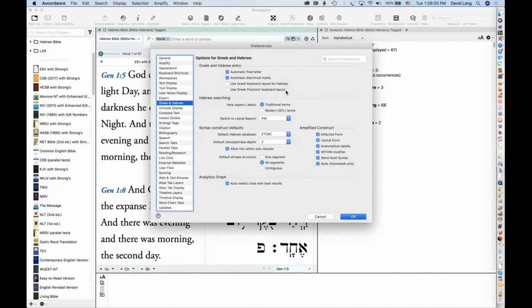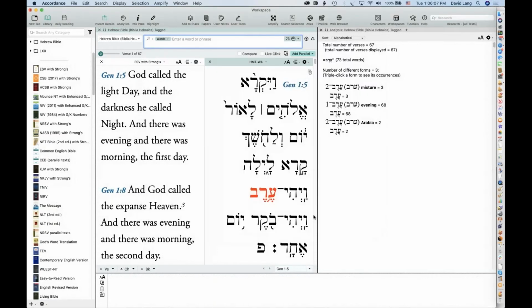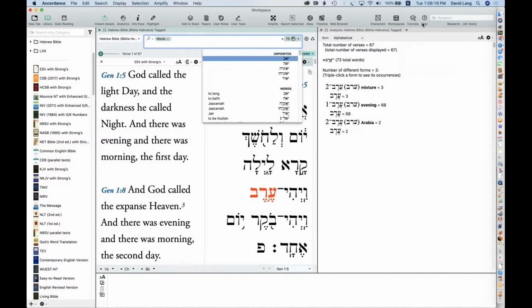But actually I think that all you need to do is, if you have another keyboard, just switch to that keyboard, and then you can type using that keyboard. It will use that keyboard layout that you have. So I believe that's all there is to that. Just the way that you would switch to your Hebrew keyboard normally, you just do that before you enter text.